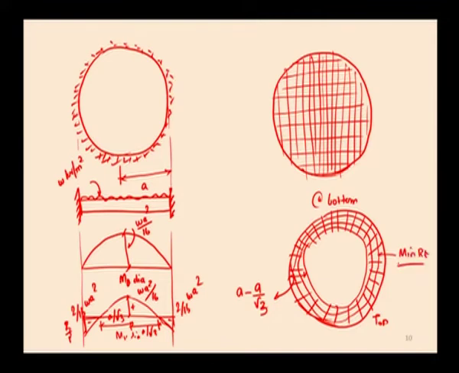That minimum reinforcement is used to keep the top reinforcement in the proper position, and also to avoid the sliding of reinforcement at the top, that is, in the circumferential direction. Minimum reinforcement has to be provided. And the radial moment reinforcement is designed from the moment of 2 by 16 W